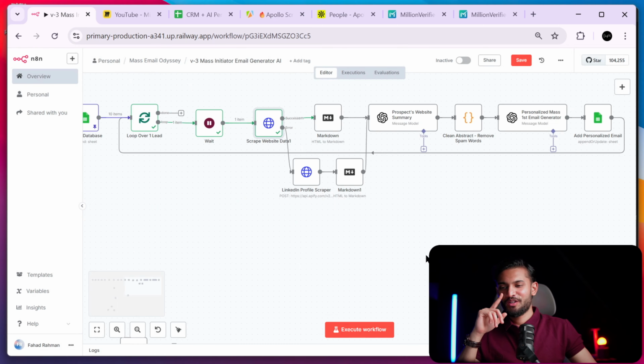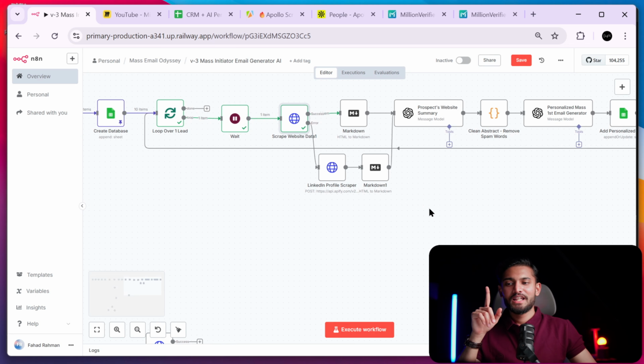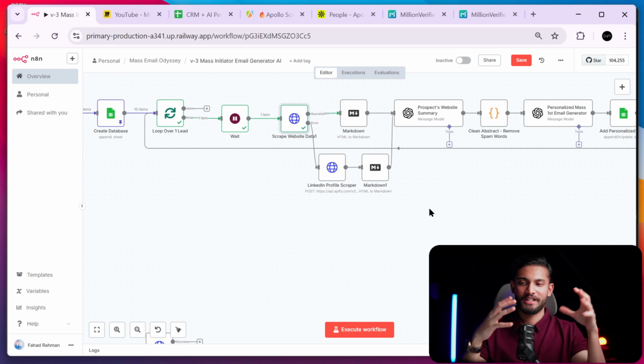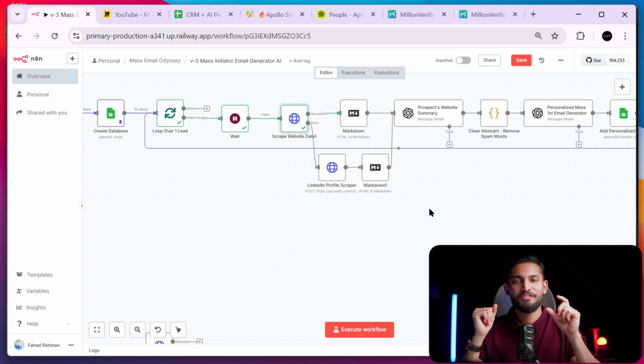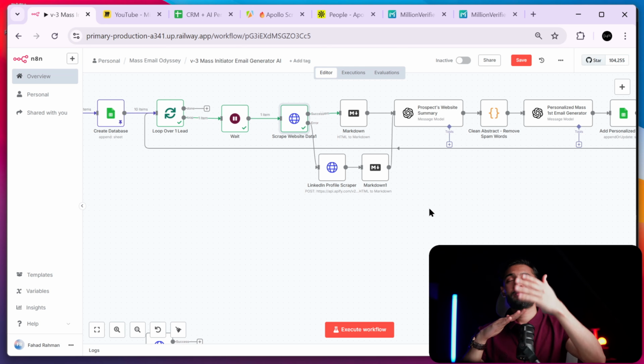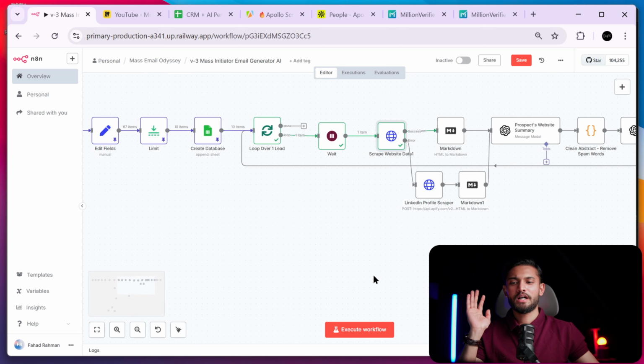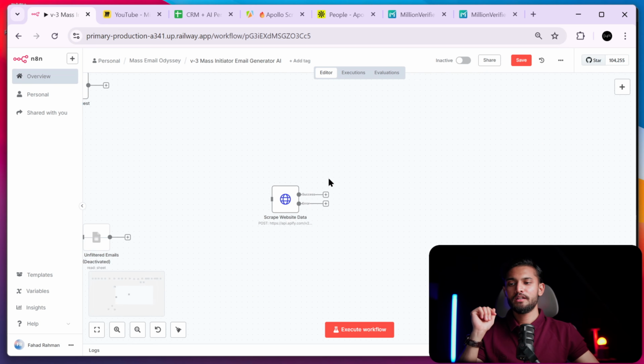But I want to say one more thing. The way I create workflows, first I go on the internet and find a workflow that's very similar. The workflow I used as an example was scraping like 50 pages and doing so many processes. I just removed everything, so it just scrapes one page. But then I thought maybe this guy was doing so many things to get good data. So what I did is, as you can see,